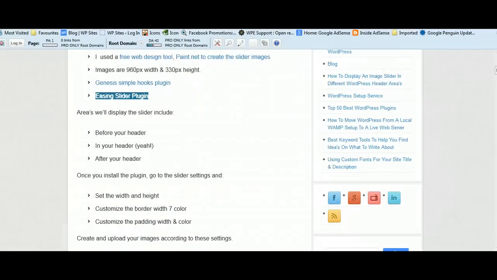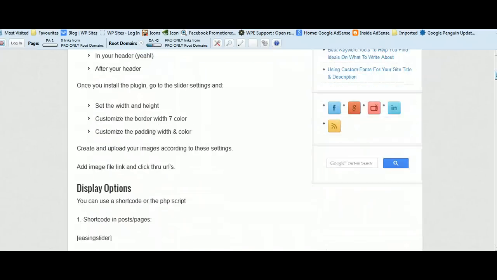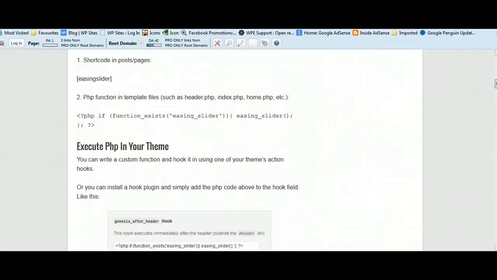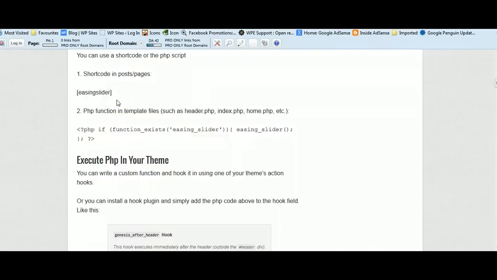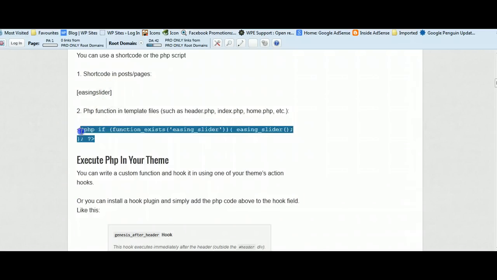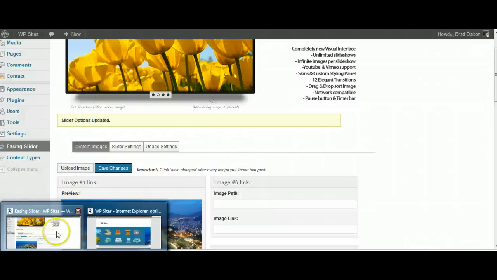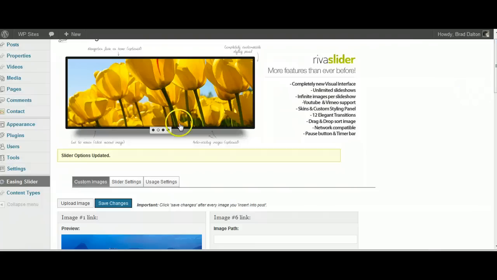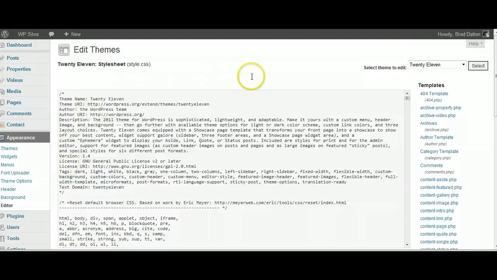Now once you've uploaded the images, you have to edit the file. So it really depends on what theme you're using, but as I said before, there's two ways you can display it. You can use the short code within the content area of your post or your page, or the PHP code. So we'll grab that PHP code, and we'll just go in here, and we'll go to the theme. So go to appearance. We have to put this in the head section. So we go to appearance, editor, and we've got all the files here,